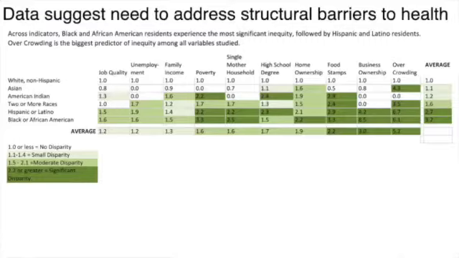The first thing that we did was give it a title that actually interprets the data a bit: Data suggests need to address structural barriers to health. All right, so I'm gonna tell you what you're looking at. And a description under that title that indicates what we found, okay? So even if you can't read a chart, you're gonna know what the data indicate.